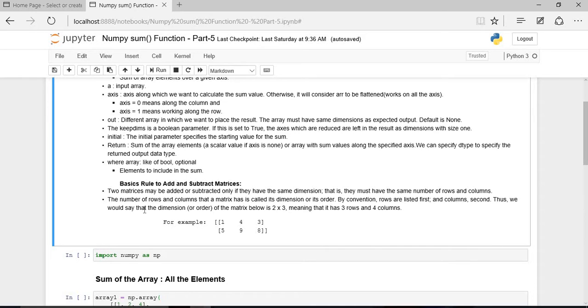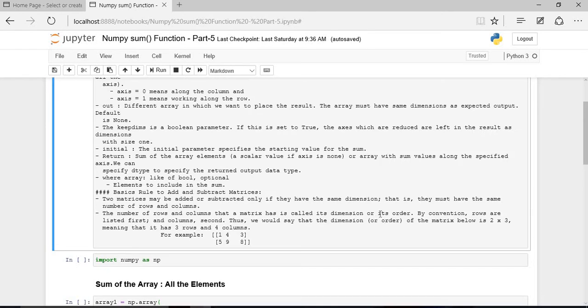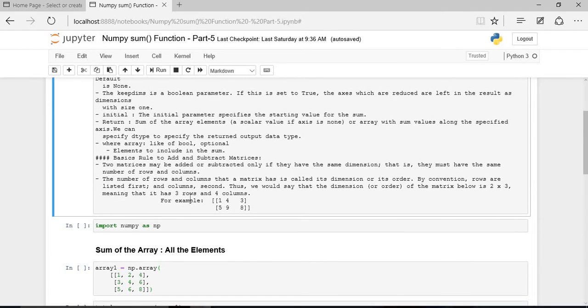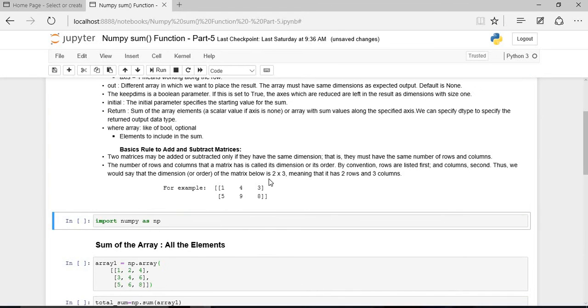Thus we would say that the dimensions or order of the matrix below is 2 by 3, meaning it has 2 rows and 3 columns. Okay, 2 rows means this one is rows and 3 columns, this one is columns.